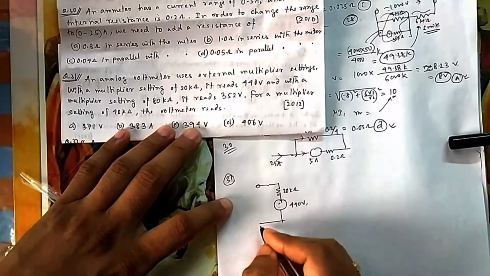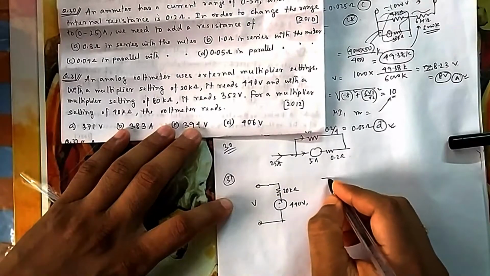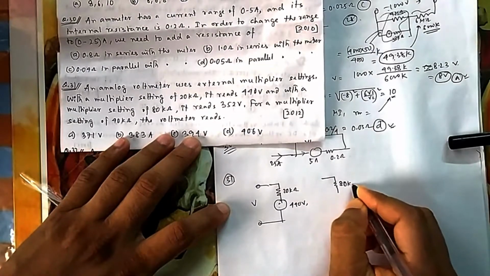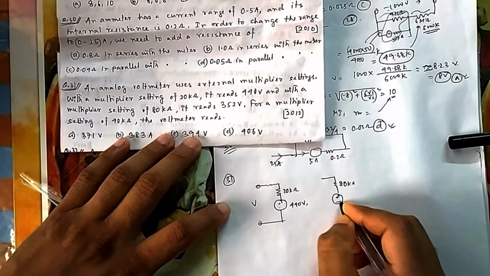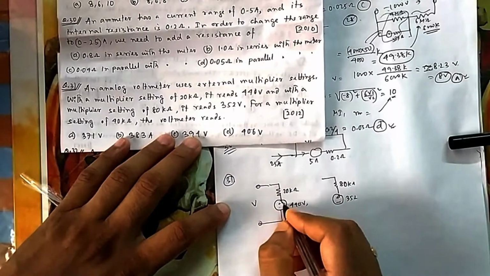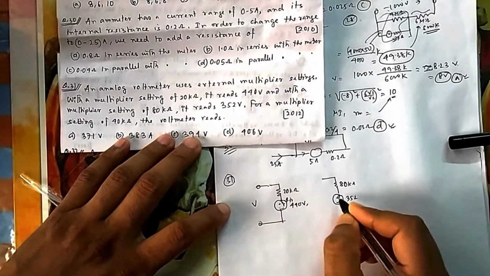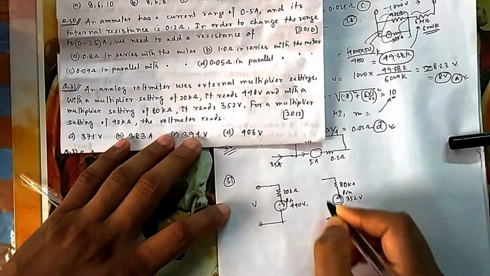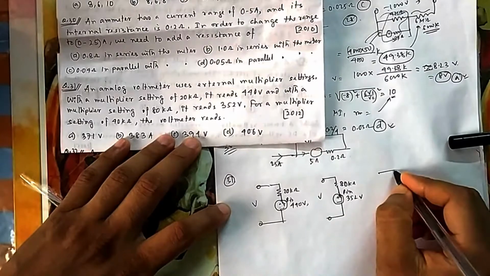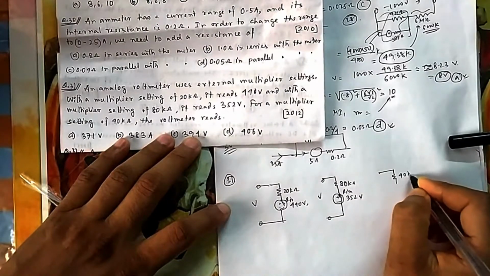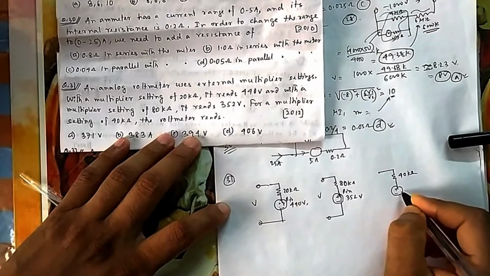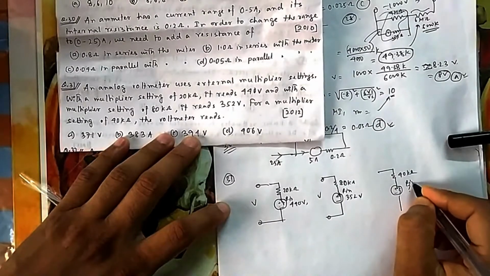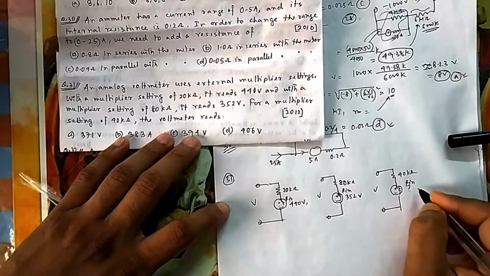Whatever voltage you are applying, the same voltage you are applying in every case. Next time if you connect it to a setting of 80 kilo ohm, then the reading is 352. There should be some internal resistance also that we don't know. Inside it there is some internal resistance Rin also, 352 volt, with the same voltage connected. Now they are asking if you change it to a 40 kilo ohm setting with the same voltmeter and same voltage applied, what will be the reading? Its internal resistance is again the same Rin.